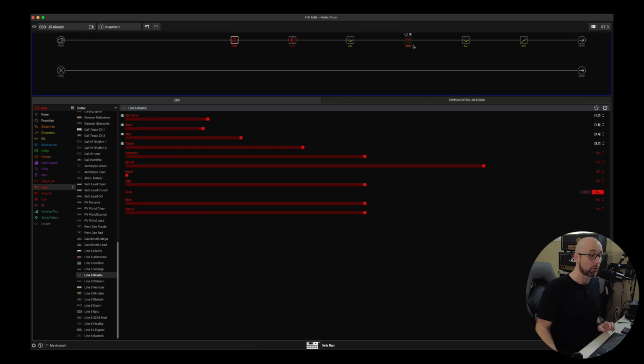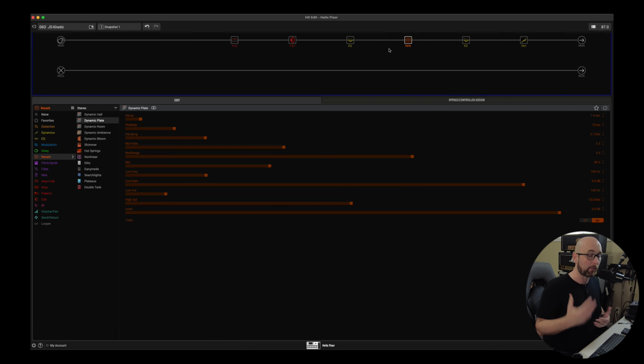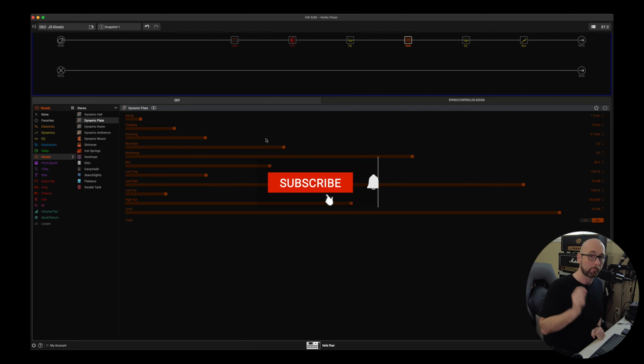Now, what will snapshots not do? Snapshots will not allow us to change the type of block. Let's say we have the Line 6 Kinetic amp here. We can't have snapshots switch to a different amp, or to a different cab, or to a different reverb, etc., etc. So we are stuck with what we have the layout of our preset as far as blocks go, but it's the parameters within those blocks that we have a massive amount of control over, and this can be one of the most powerful ways